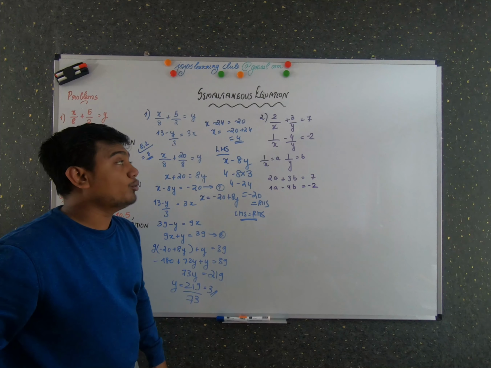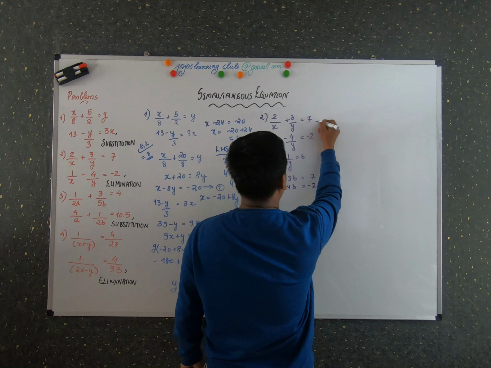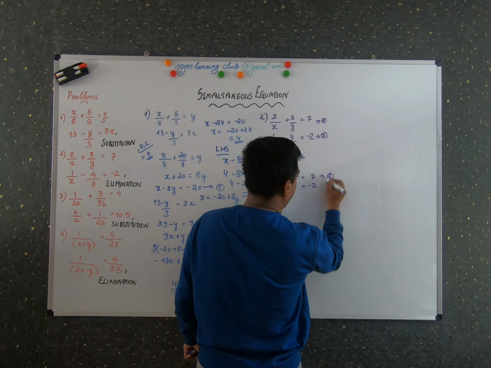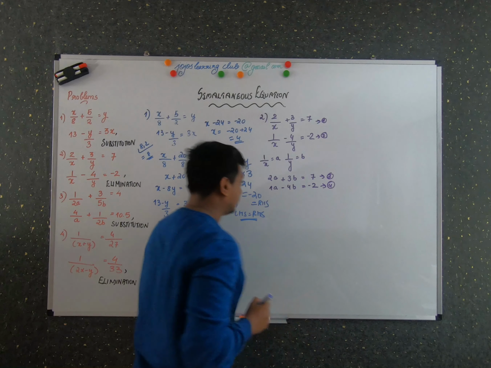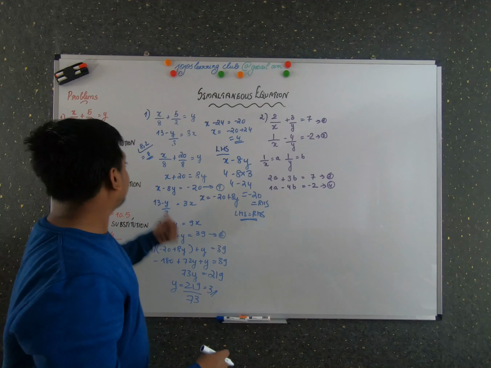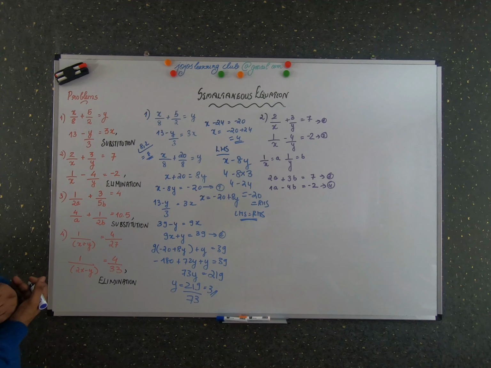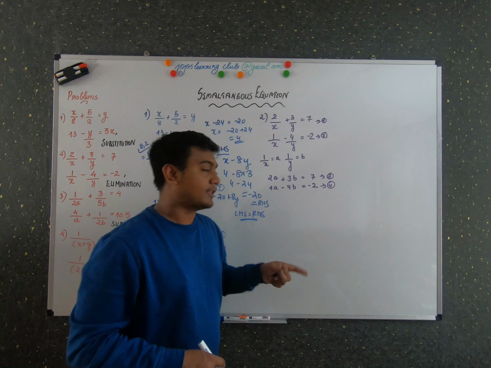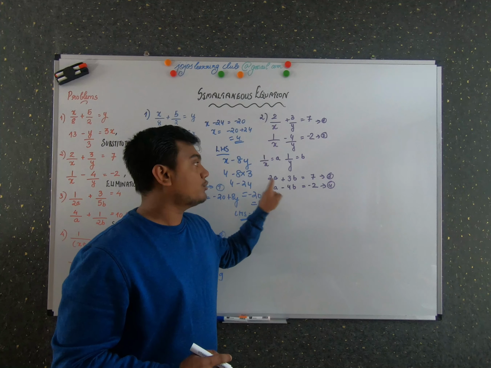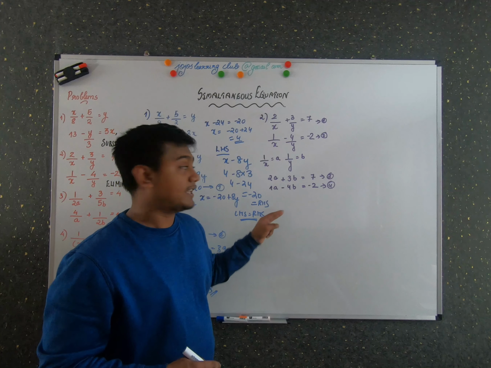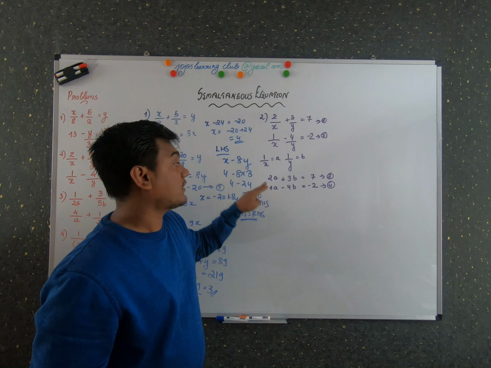Okay, so these are your new equations. Our original equations were 1 and 2, and now our main equations are 3 and 4. We have converted these values, and now it's very much easier. Which method is suggested in the question? The elimination method is mentioned in the question, so I'm going to do the elimination method. Either you can choose a or b, and make the coefficients of a or b the same. So I'm trying here to make the coefficients of a the same.